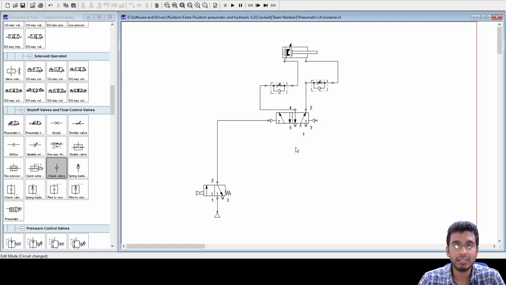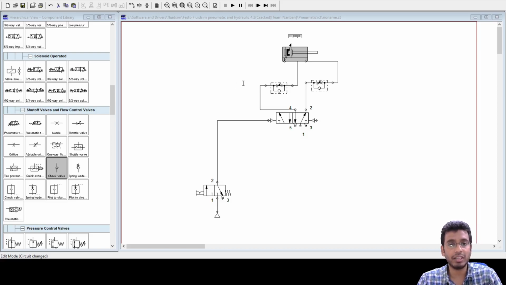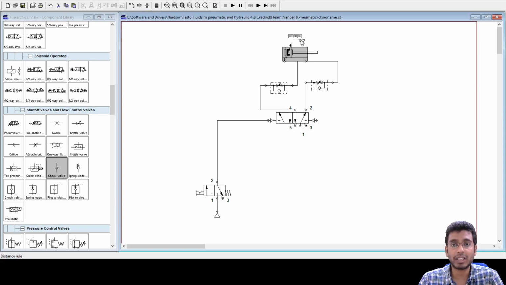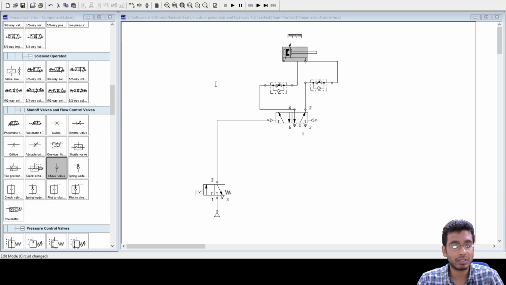What does it say again? That once the cylinder is extended, it should remain in its extended position. That means once the cylinder has extended, something has to be here to detect the extension of the cylinder. So I will be placing one roller valve. I write 1S2 and I detect the end position. Since my cylinder is 100 mm in length, I will be putting 100 here. This is just to detect the end position of the cylinder.